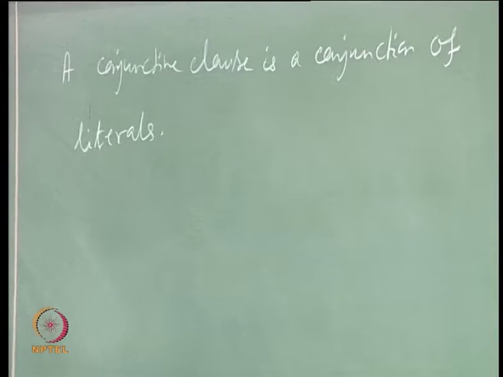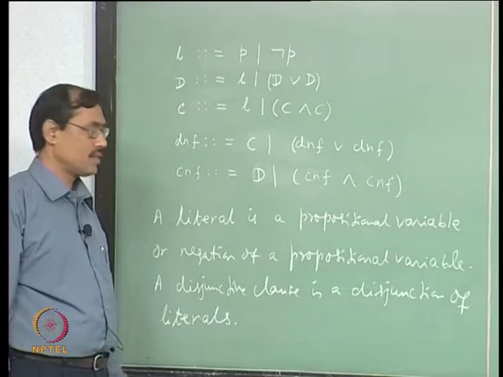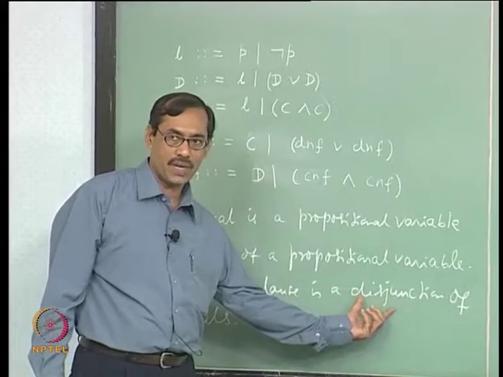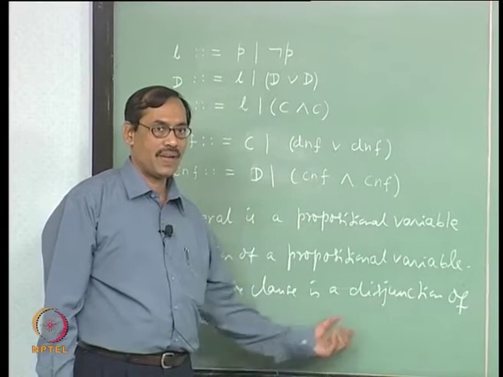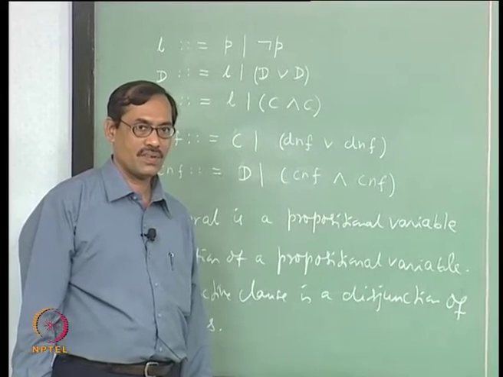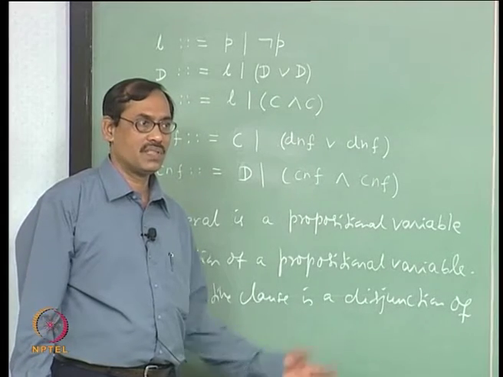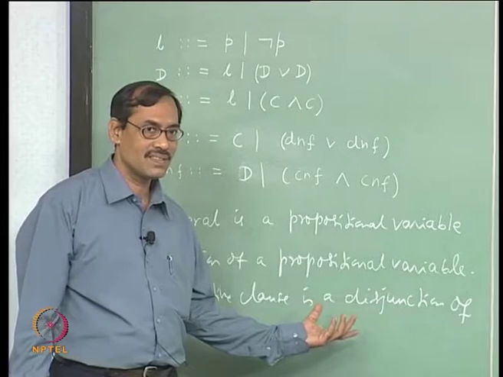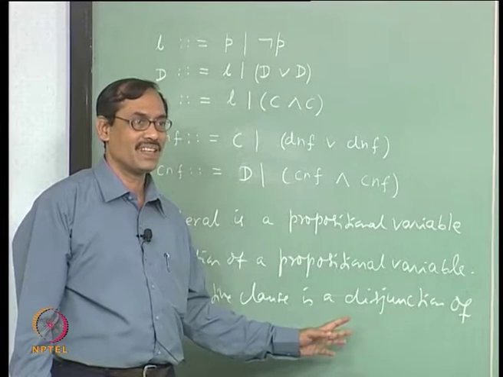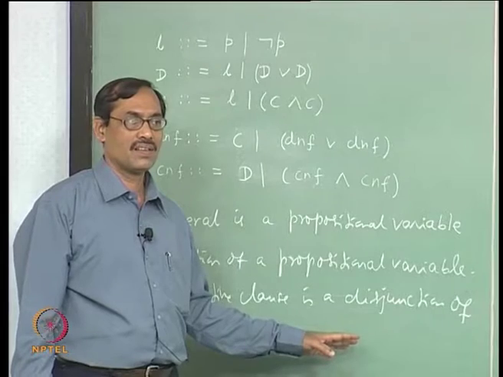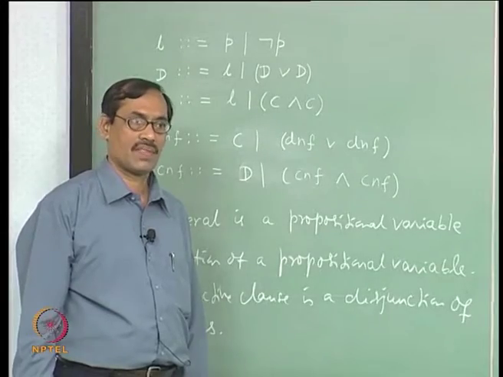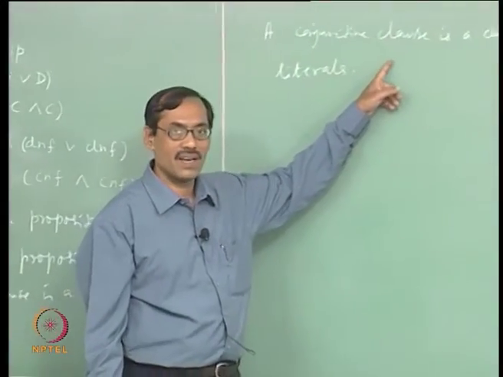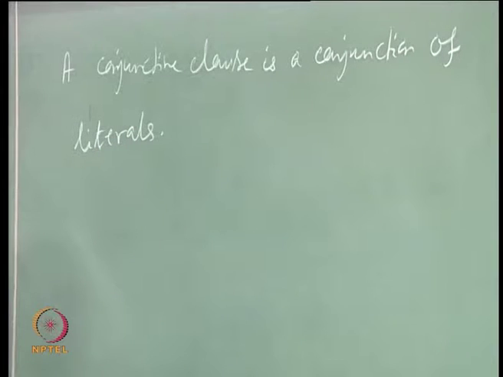Fine. So, when you read that a disjunctive clause is a disjunction of literals, this says a finite number of literals can be ORed together, that is how you have to read it. So, a finite number includes 0 also, that creates problem, right. So, you say 0 number of literals will create confusion, we will not have that here, but 0 number of disjunction allowed. So, that means a single literal is by itself a disjunctive clause, right. Similarly, here a single literal will be taken as a conjunctive clause also.